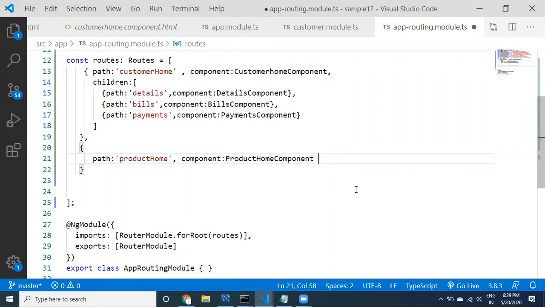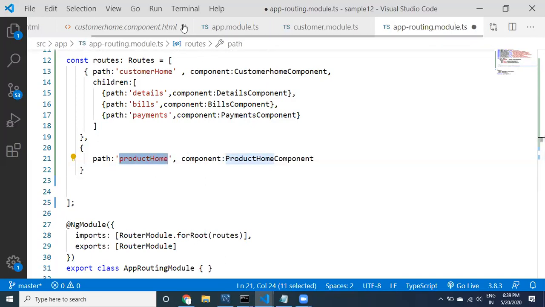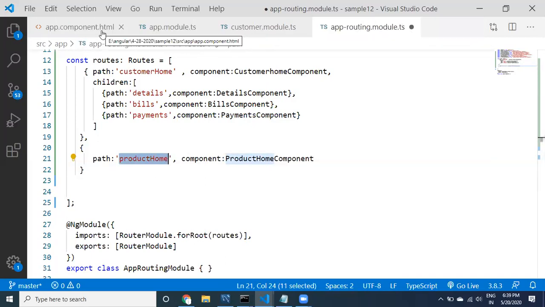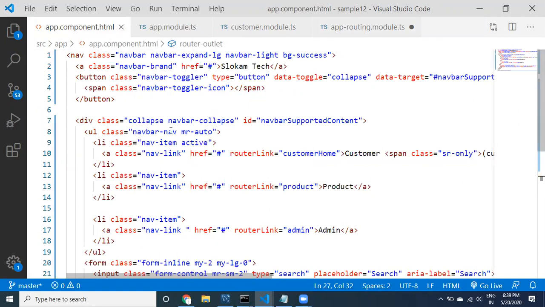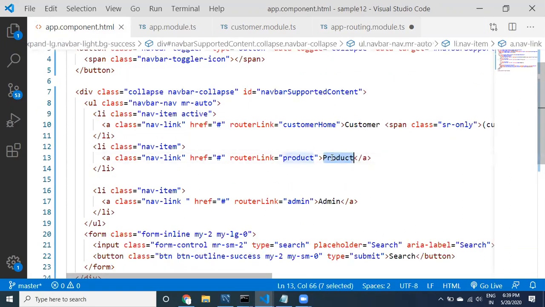Right now I don't want to provide any children. I just have to take only product home. Take this path. I have to use this product home in the app component menu. Go to the app component HTML. Within the app component HTML, wherever product is available, see here, guys, the router link is not product now.